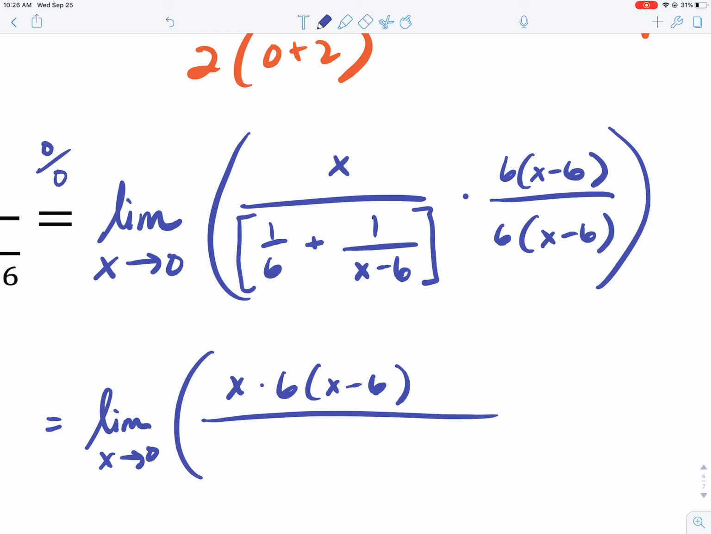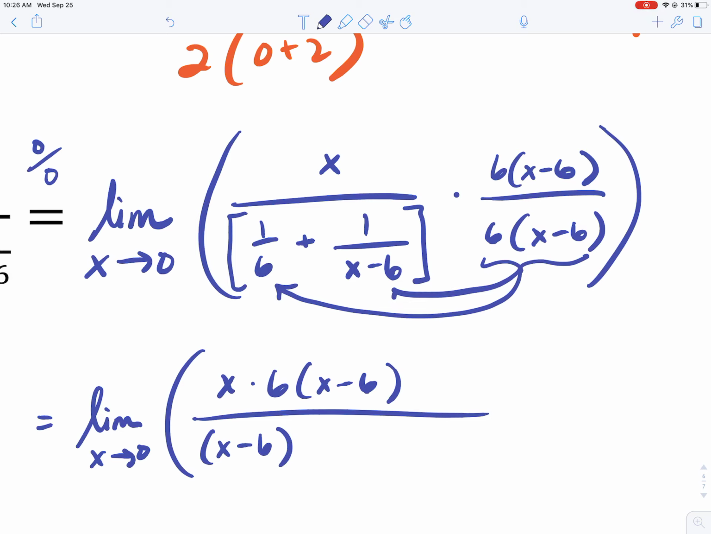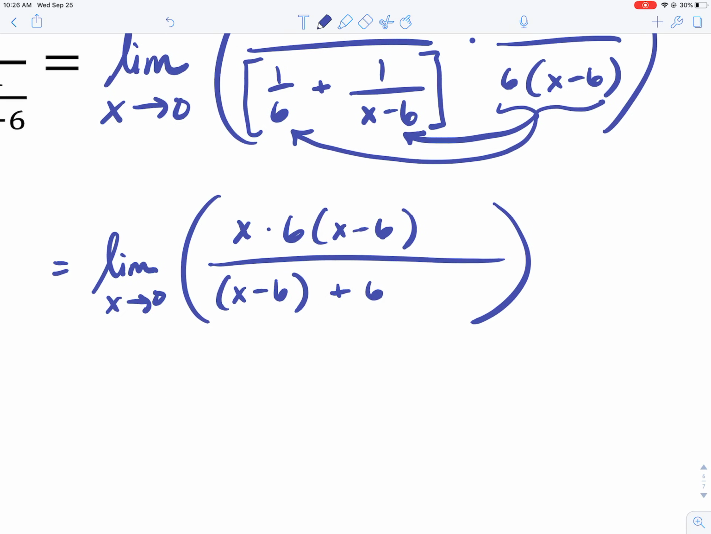Remember, the division bar is a grouping symbol, so I'm distributing that product over to the 1/6, where the 6's will cancel, and I'll be left with just the quantity x minus 6. And then I'll distribute to the next fraction, and the x minus 6's will cancel, leaving me with plus 6. If I combine like terms in the denominator,